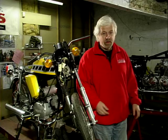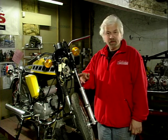Now, we frequently talk on Used Bike Heaven about the desirability of checking for accident damage when you're looking at second-hand bikes, and usually that's quite easy to see, but unfortunately it's not always quite that simple. On this bike, for example, everything looks fine at the front end, but these forks have actually been accident damaged